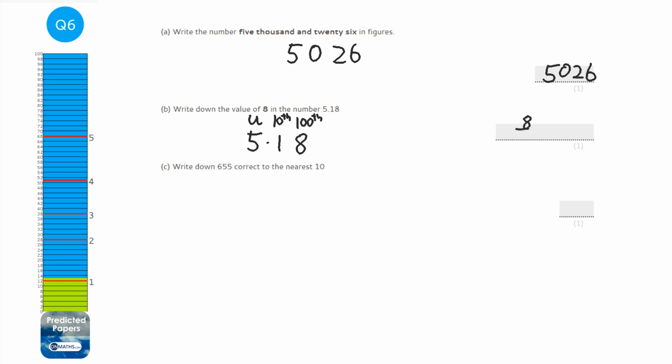We can write that as a fraction, 8 hundredths. And that's the answer. Question C, write down 655 correct to the nearest 10. Okay, so